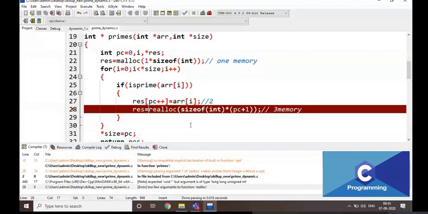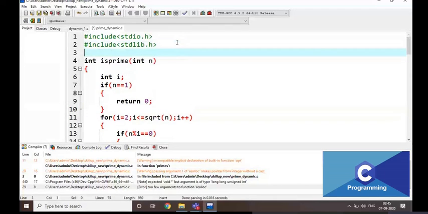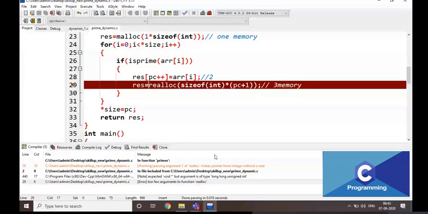How many errors are there here? Realloc makes the pointer to integer without a cast here. Built-in sqrt. Just wait, I'm going to write here #include math.h. How are the errors?